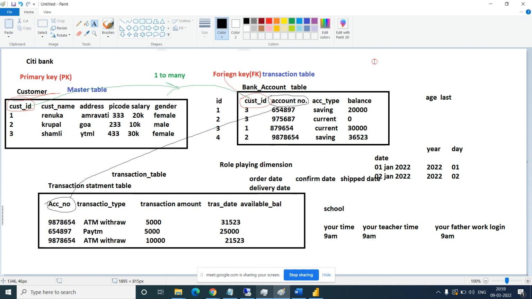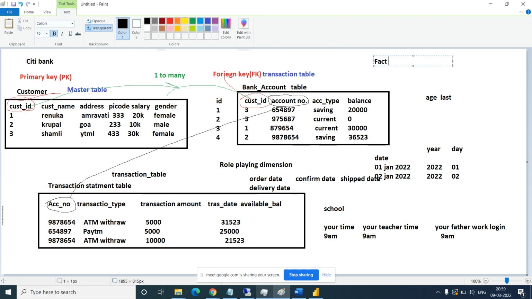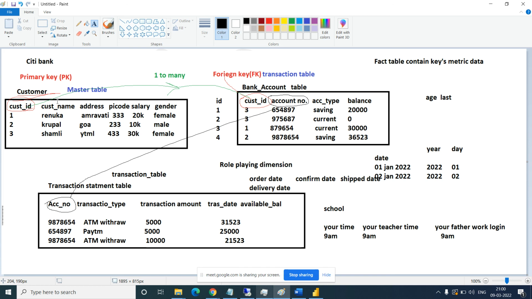A fact table is nothing but it contains primary key, keys columns and some metric data. Okay, a fact table always has key columns and metric data. So how does a fact table look? Let's say this is a customer. In customer there will be multiple, okay, let me show you. Let me search.